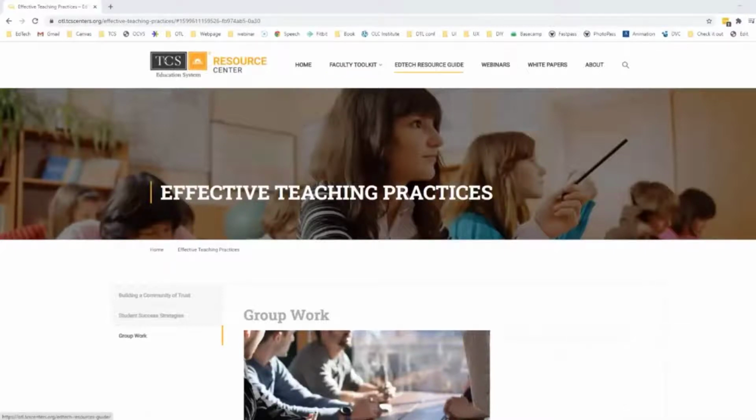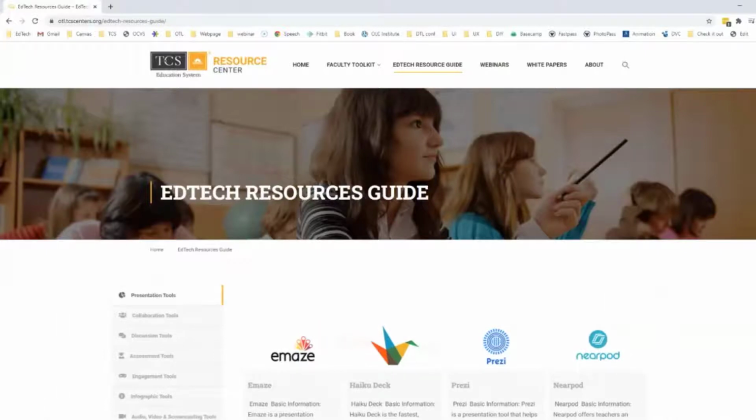So the next section, I'm also particularly excited about. This is a question I get all the time from faculty. What kind of tools are available to me as a faculty member? What do we have licenses for? Are there any free things on the market? What can I utilize to present my course content? And so we have compiled a list of educational technology that is available to you, whether licensed through our school or just a free account that you can access the functionality just by creating an account with an educator email.